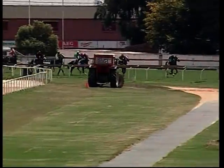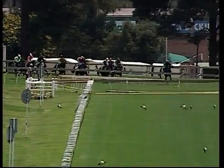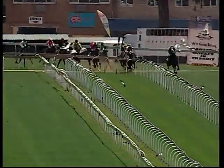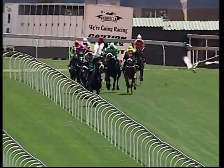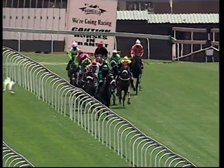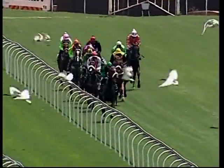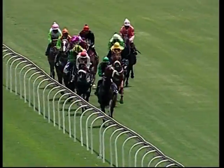That nearly pulled the boy right out of the irons, and Major Look suddenly finds himself tearing away in front by 5 lengths from Classic Home, who is now in second. 39 Steps is a little bit more relaxed, but Major Look's getting on with things. 39 Steps, well past that 1800, must have 9 lengths to go on the leader. A length in behind that is Hot Pepper, that chestnut. He's racing in 4th. He must have about 8 to go, and Major Look is really getting on with things